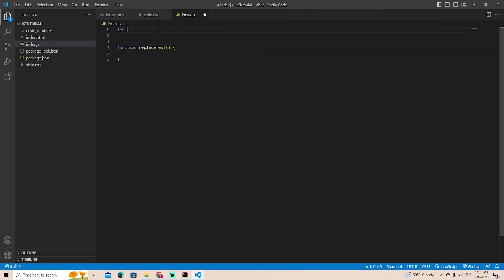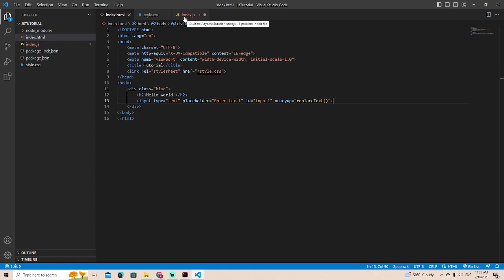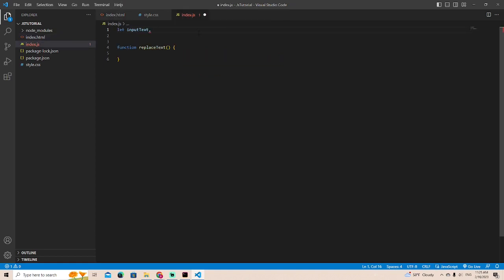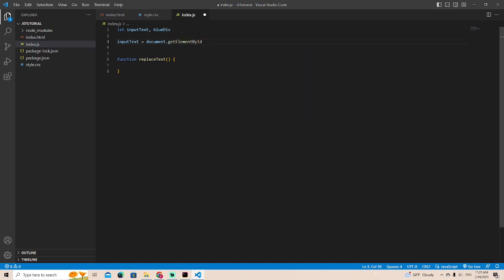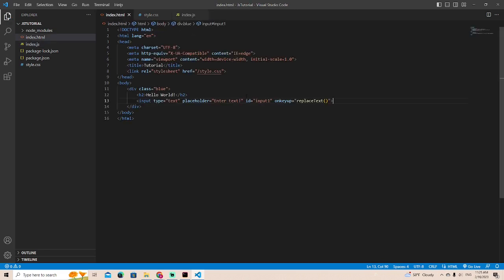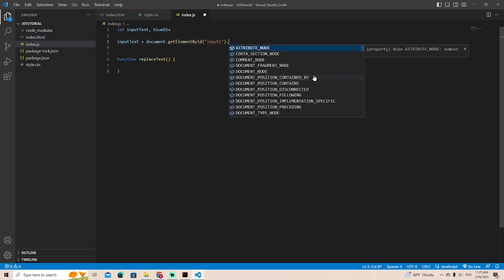We're going to say let input text, and then we're also going to let blue div, we're going to let both of these exist. Then we're going to do input text equals document dot get element by ID. It's going to be the ID of this input here, which is input 1. So we're going to grab input 1 dot